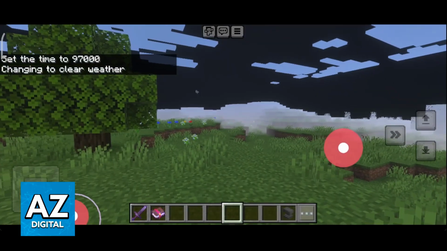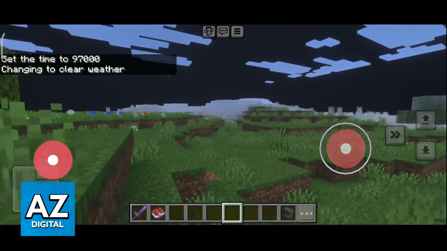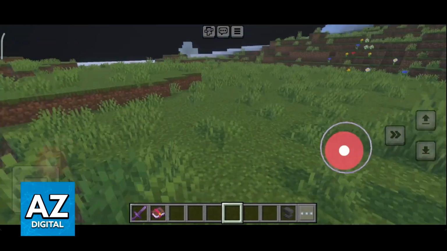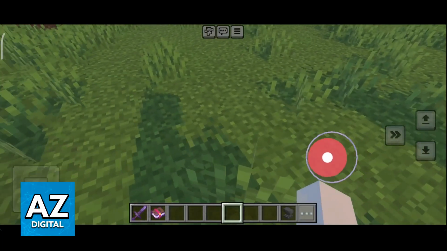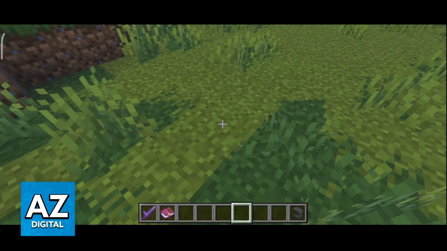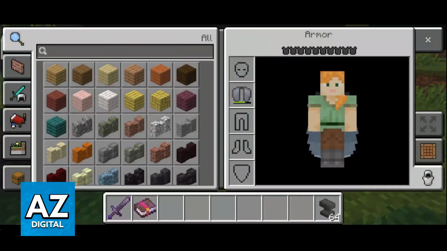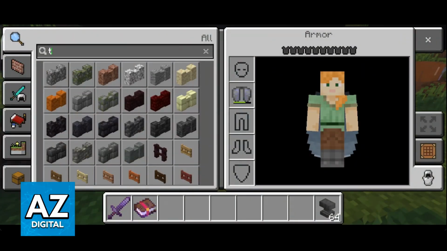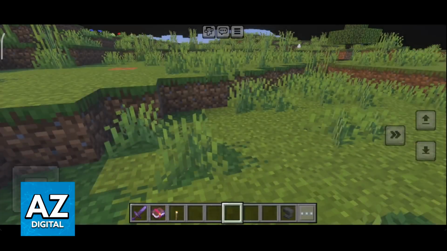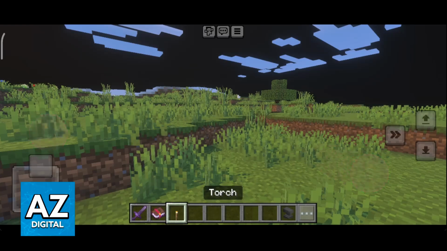So you will be able to notice the shadows when the sun is cast and other things like glowing blocks, reflecting light, and so on. Now, I don't have a particular good way to demonstrate this, but you should be able to notice when you join any pre-existing world. And like I said before, this option is going to be available if you are playing in the latest version of Minecraft, so be sure to update your game as needed.